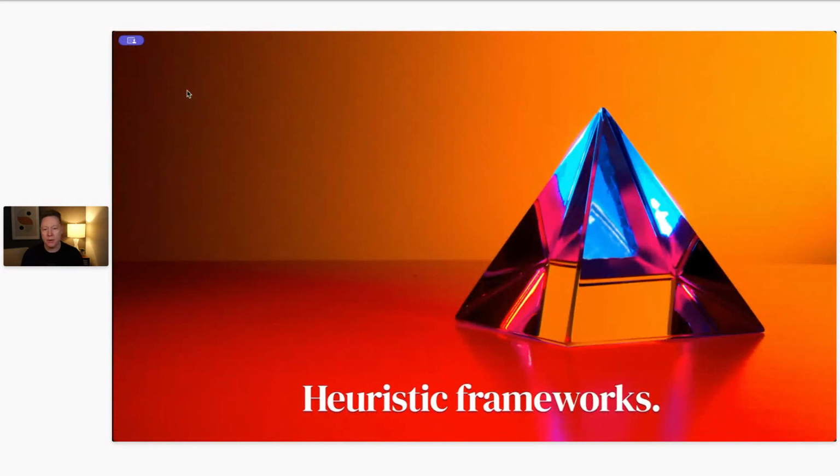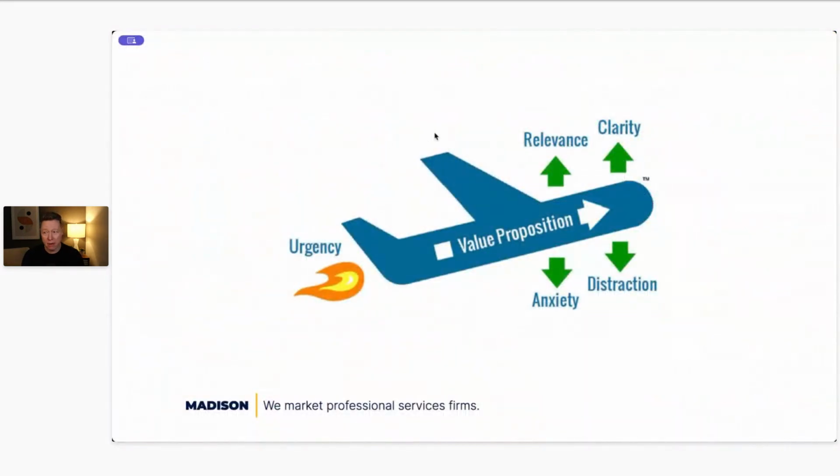There are heuristic frameworks. Heuristic frameworks are similar, and I guess the Doblin 10 types of innovation you could consider part of this too, but it's any framework that is lenses or hats that you put on to look at a problem from different facets, kind of like a prism. One of the ones that I used to use in my Manifold days for conversion optimization was the LIFT model. This was created by an organization called WiderFunnel. Basically, if we're looking at a landing page, for example, and we're trying to improve the conversion rate of that landing page, these are 7 lenses I can look at. The value proposition is the most important one, which is why it's the airplane.